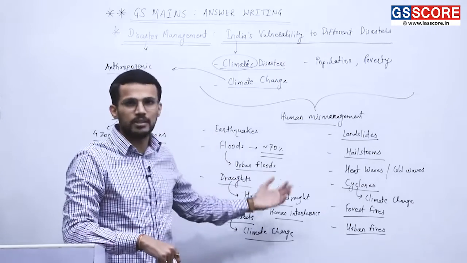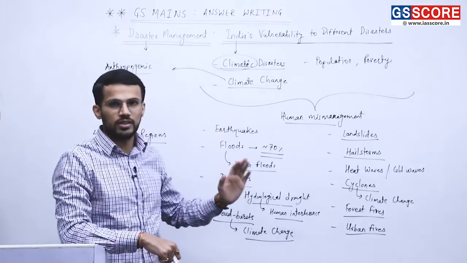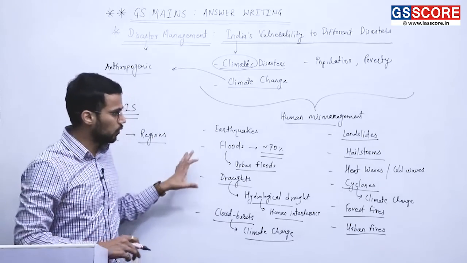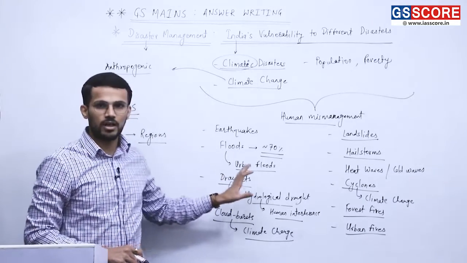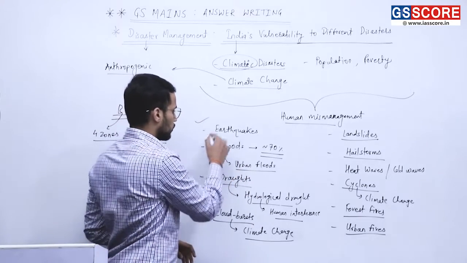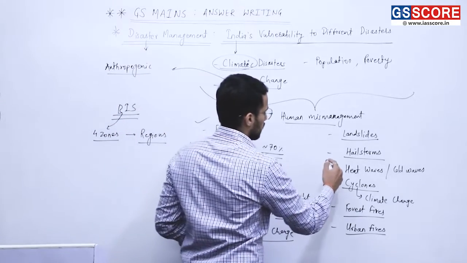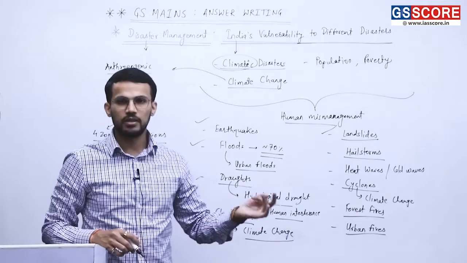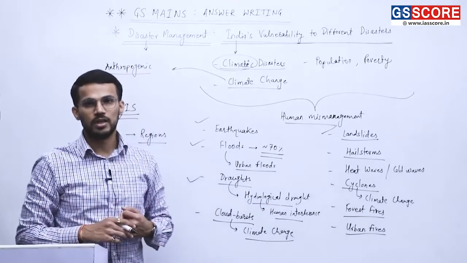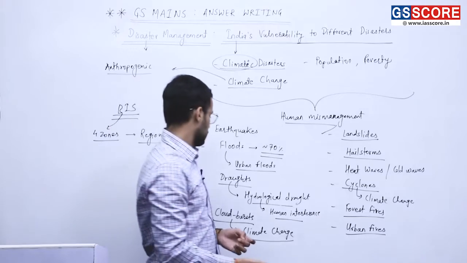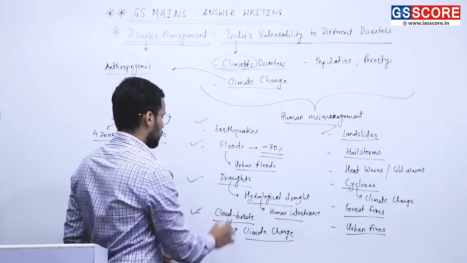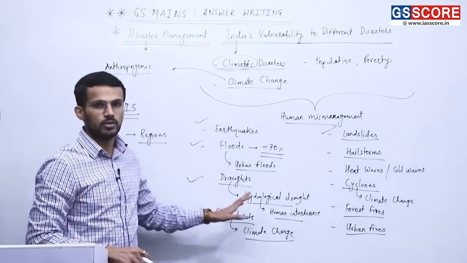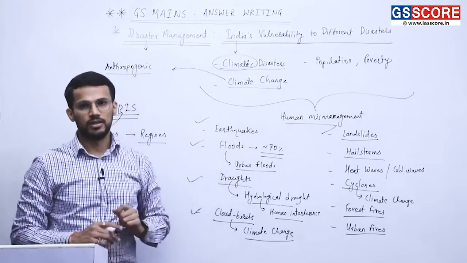So these disasters and many more are there to which India is vulnerable, but the prime focus should be on these disasters, because if you go through previous year questions, you will find that questions have been asked on this. For example, questions have been asked on earthquakes, floods, droughts, then landslides. Two questions have been asked on landslides. The first was asked in 2013, and it was again asked in 2021's mains examination. Even the cloudburst, as we discussed, there was a question in 22's mains examination. So these are certain important disasters to which India is vulnerable.